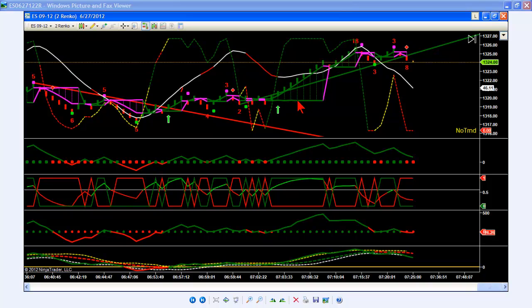I got back in a long position right here when the swing cycle crossed above the variable band right in here, and after this fairly long squeeze right in here. Now when I went long here, this trend line was not in place. It didn't get placed until this pivot point right here to connect these 2 pivot points, and